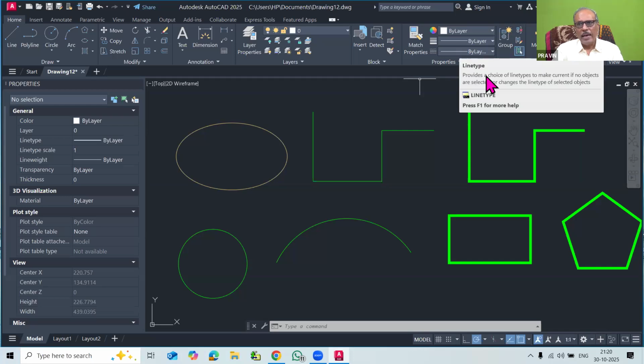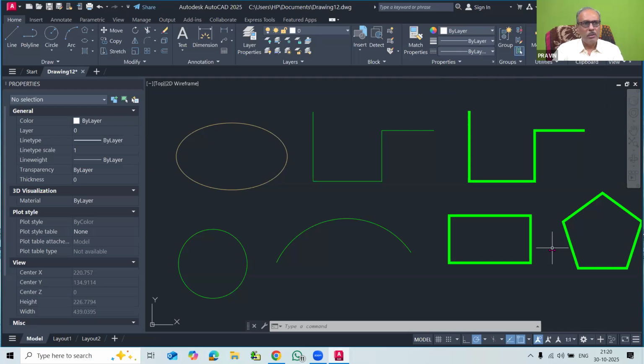So last few minutes are there in today's class. So I hope that you are enjoying today's lecture. So if you type C for continue in the chat box, then I will start with the line type command, or otherwise we will stop for today's lecture. And I hope that you have well understood the property dialog box today. So in the simple way, you can also change the line type. Line type भी हम लोग change कर सकते हैं.